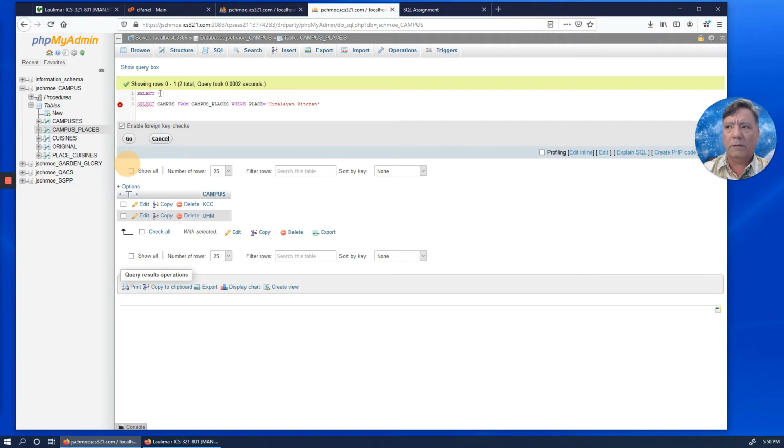Let's select everything from campus places natural join place cuisines, where campus is in this.